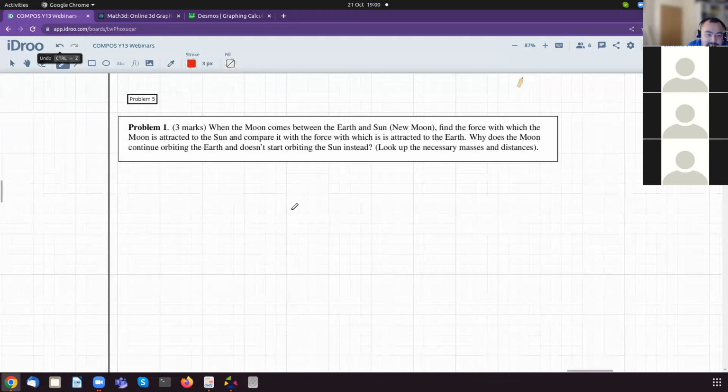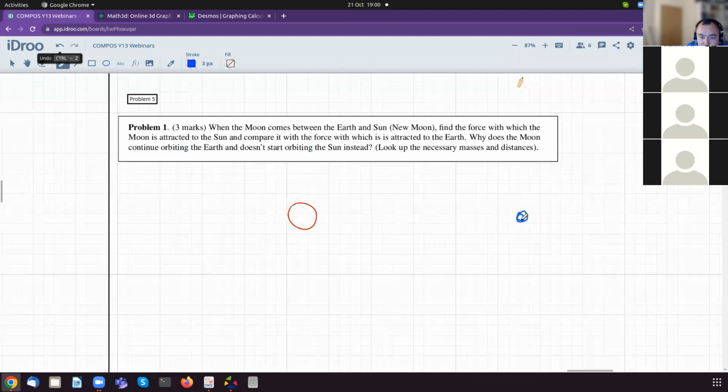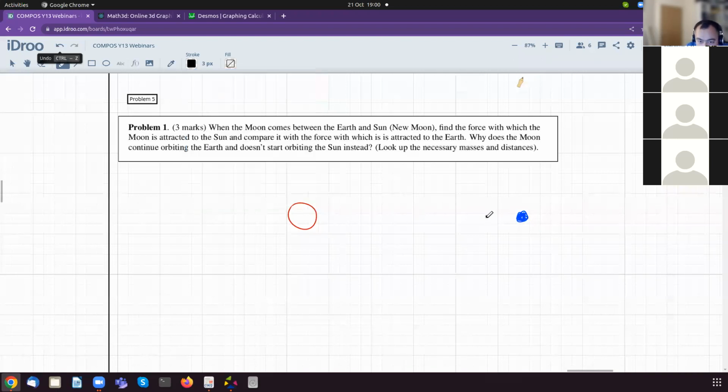So basically, you have the sun, and you know that the Earth goes around the sun. So the Earth goes around the sun, and the moon goes around the Earth. And at some point, when the moon is between the Earth and the sun,